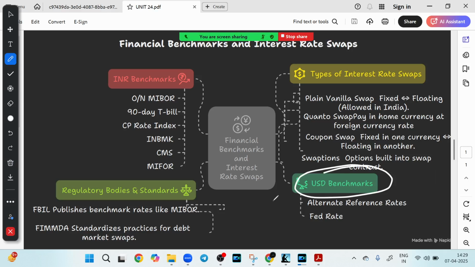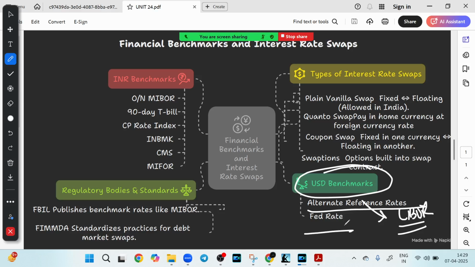Friends, for global swaps in the international market, the benchmark often refers to ARR, the alternate reference rate. It has replaced LIBOR globally. Earlier it was just LIBOR. Now it has been replaced by ARR. This is the USD benchmark. And the second rate is called the Fed rate, which means the key